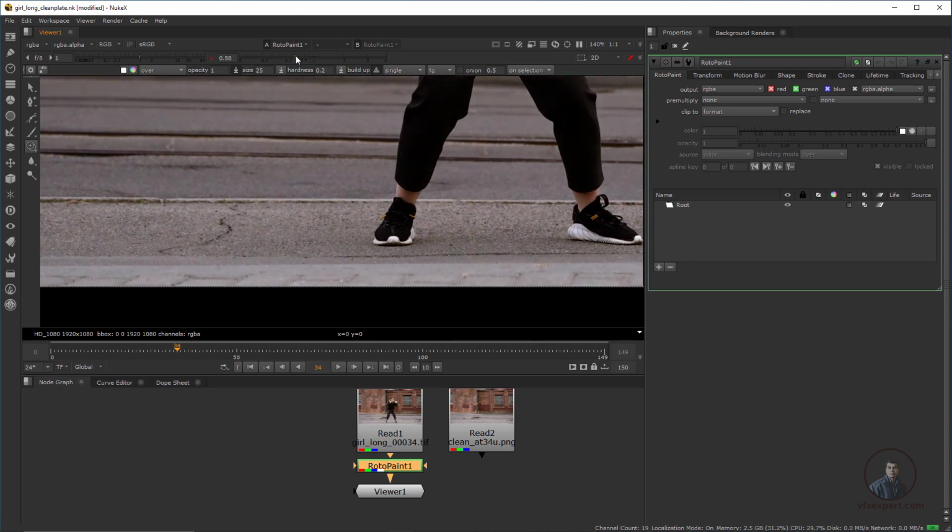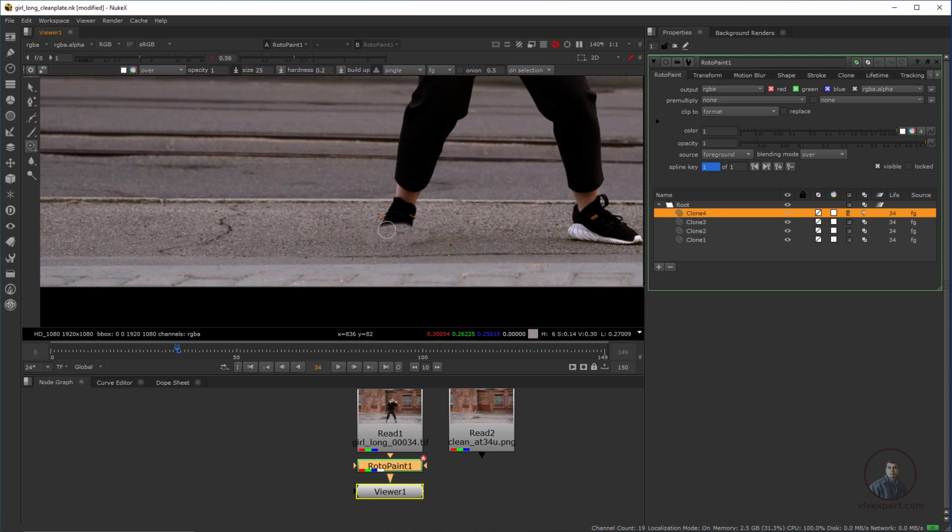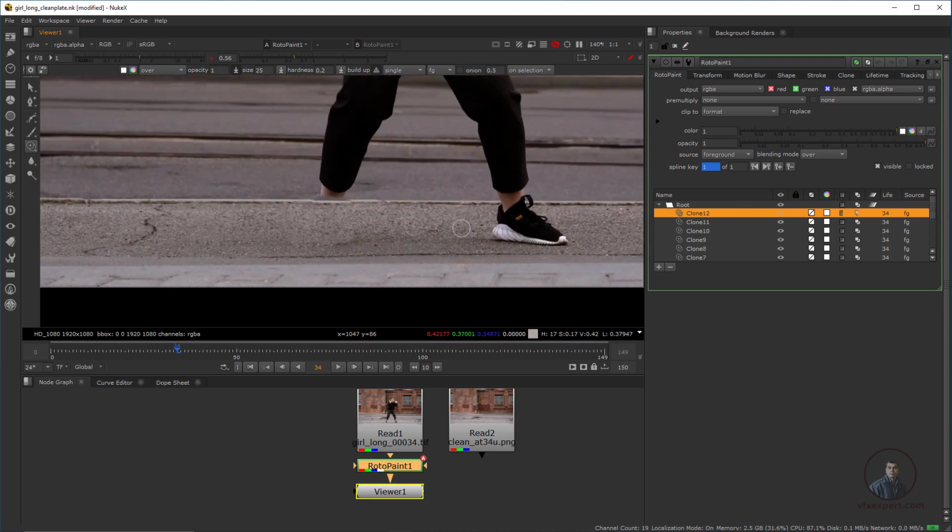Then I slightly adjusted the gamma, so you can see this one moving, which is our target. Hold Control and select the source like this, then paint over where you want to paint. So this is normal cloning in Nuke. Again, you have to select a source and paint. This is the normal cloning procedure.